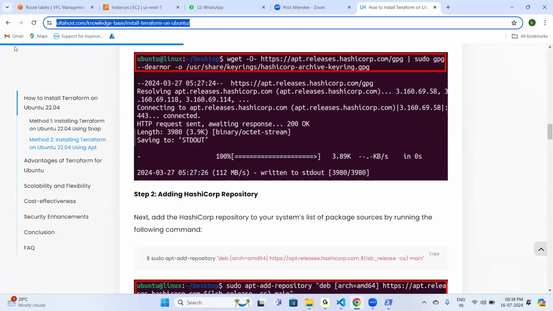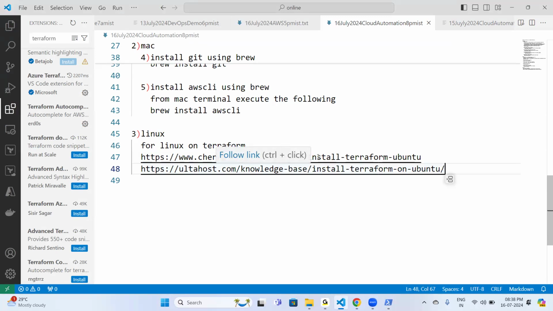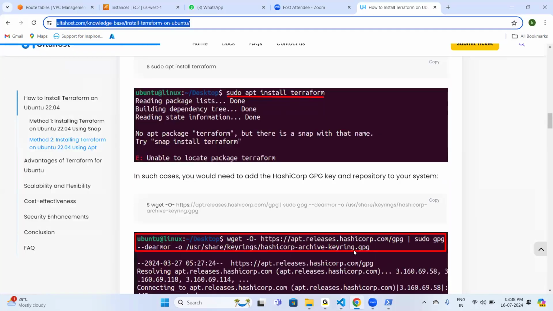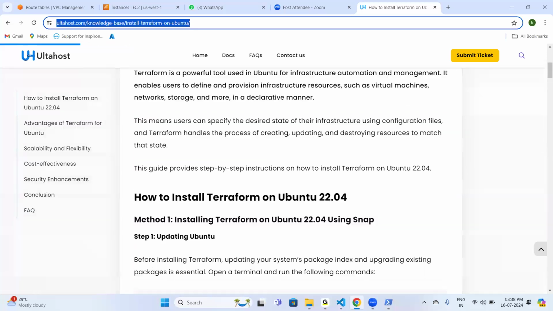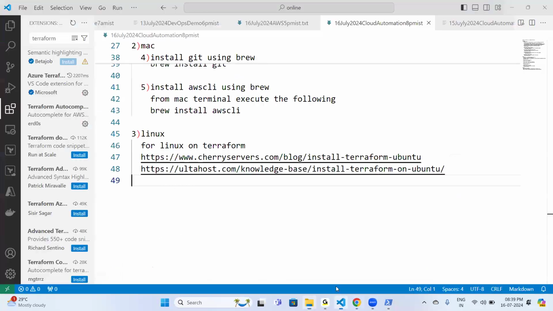I am giving second link also. If you have a Linux machine, just from your Linux terminal, open this link in the browser and execute the steps whatever he has mentioned in this documentation. So this is an installation process. Now, when it comes to Terraform structure, architecture,